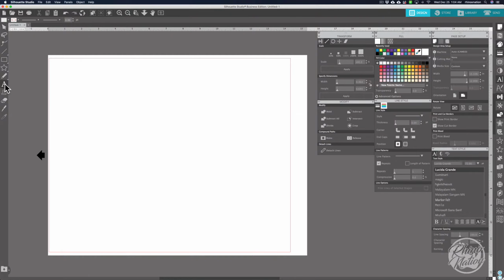I'm going to grab my text tool. I'm just going to click. I'm going to type the capital letter M, highlight that. I'm going to come over to my text styles and just type in there Times New Roman. And I'm going to go ahead and bold that. I'm going to click on my pointer tool,